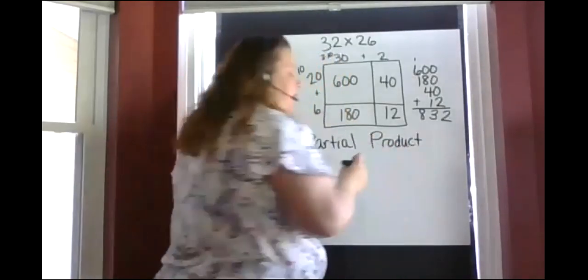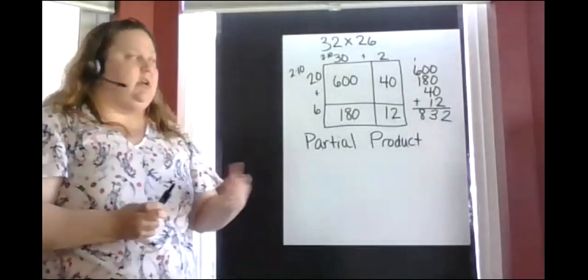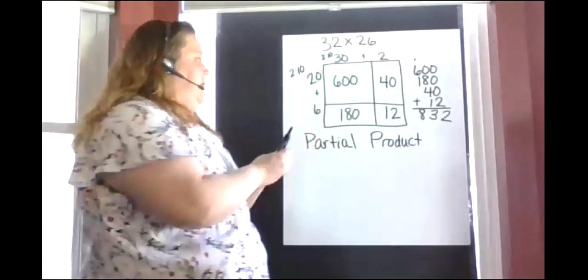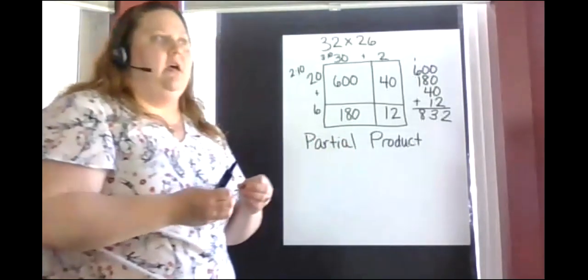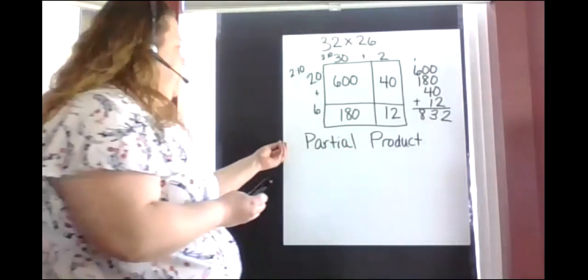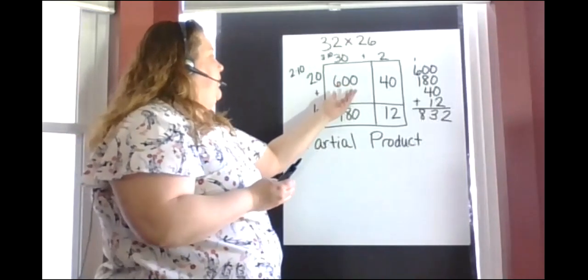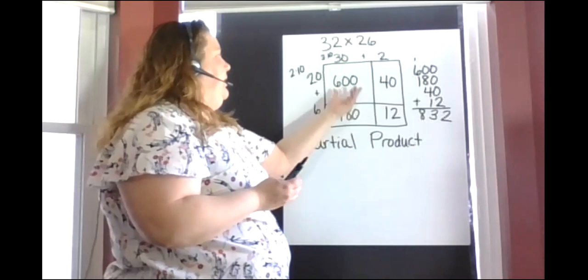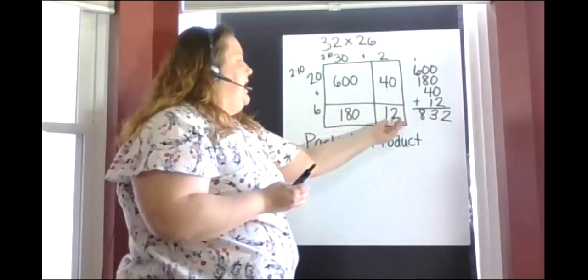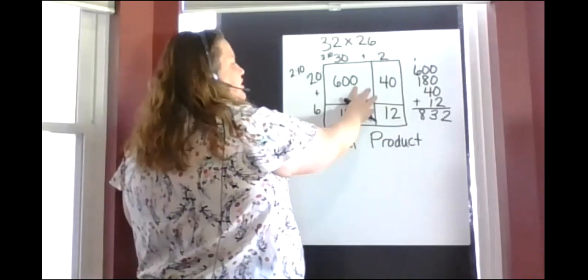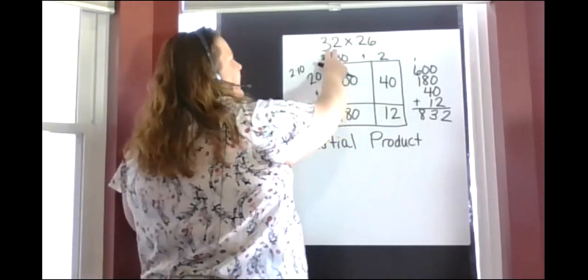Now, if you watched the addition strategies, you saw us do partial sums, where we added together the parts, the hundreds and then the ones. In this case, we're going to multiply the parts. We're going to multiply the tens and ones from one number, the tens and ones from the other number, and then the ones. So in partial products, students might not actually draw out the picture, but they can look at